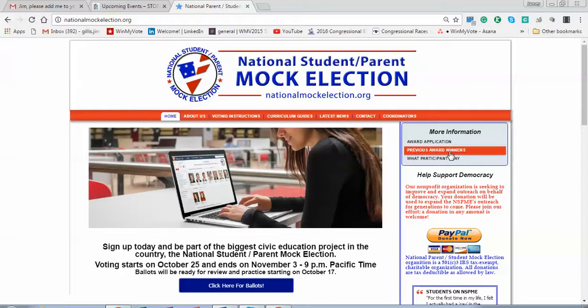Election. So you'll see here that we are at mockelection.org, and you'll see the headline here, and then right below that you'll see a blue button. Don't be thrown if the exact language isn't on that blue button that you see here. We have changed the wording on that button. I think now it actually says sign up and get your ballot. But don't worry about that. It'll be this button right here. You click on that,